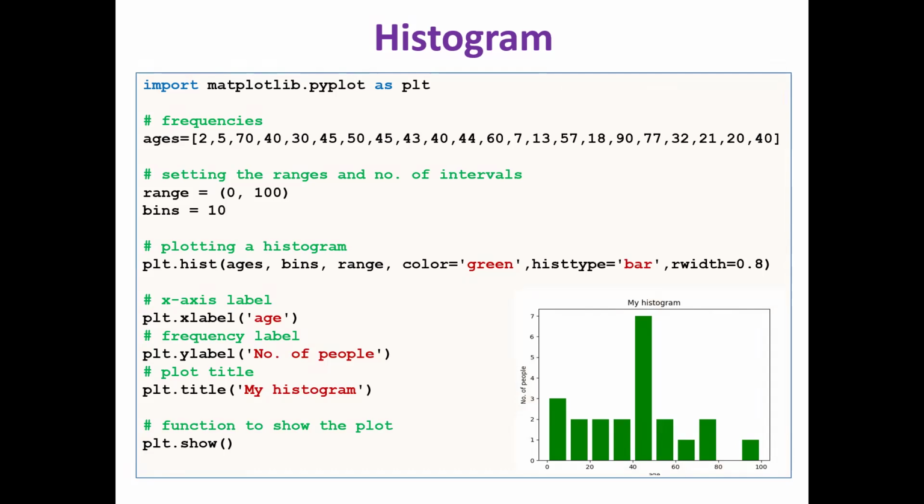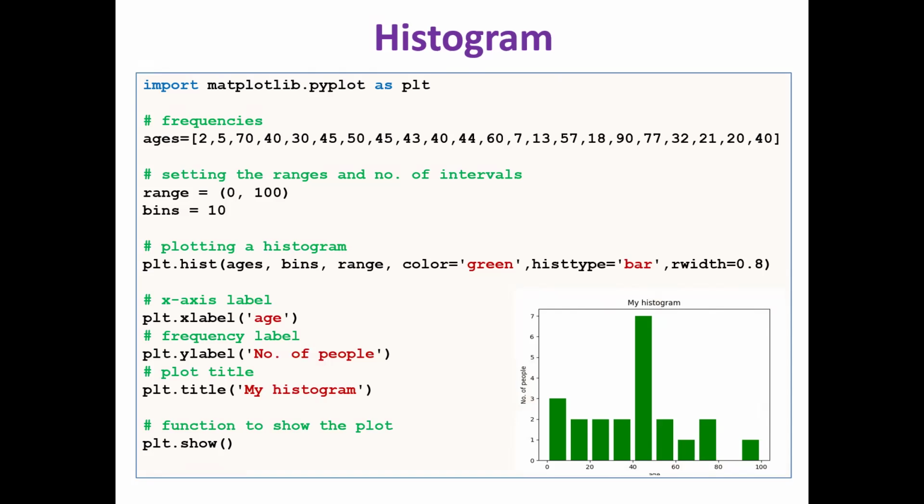Say, for example, ages is a list containing a set of numbers. From the set of numbers, you have to find the frequency. For 0 to 10, how many numbers? Then 11 to 20, how many numbers? For that frequency, we have to draw the histogram. For histogram, your first argument is the list of numbers, the second one is the number of bins.